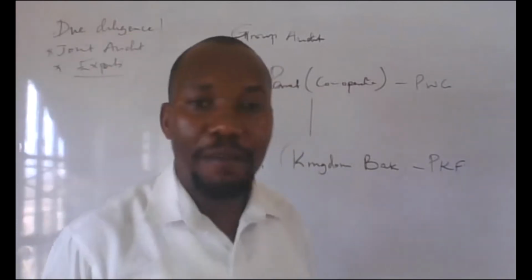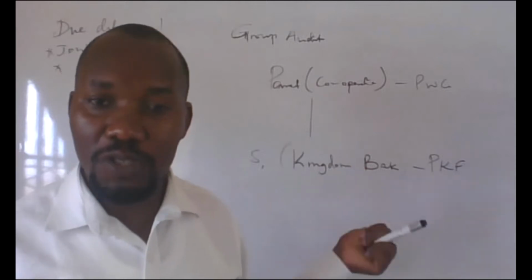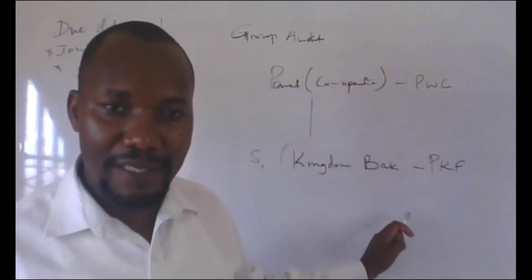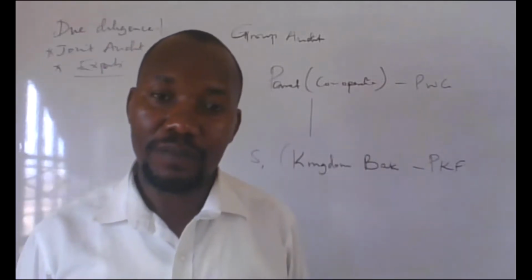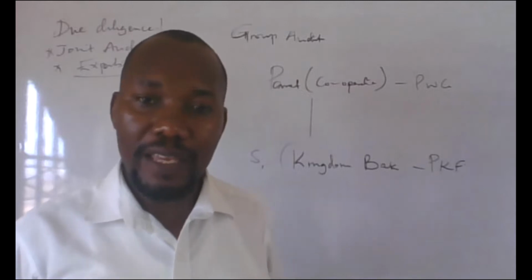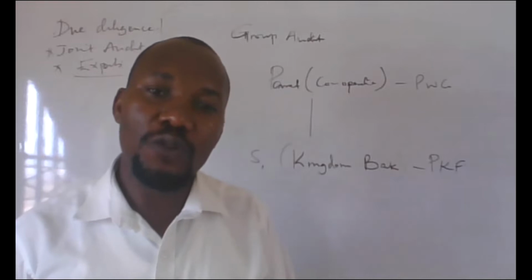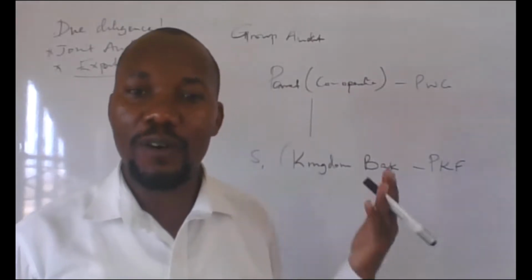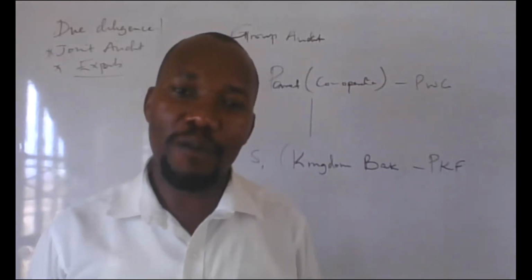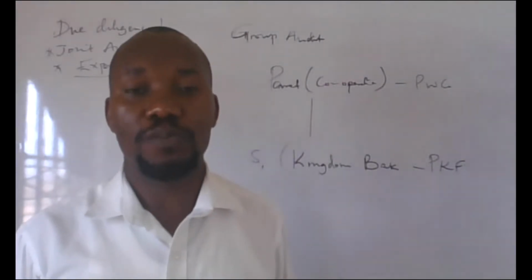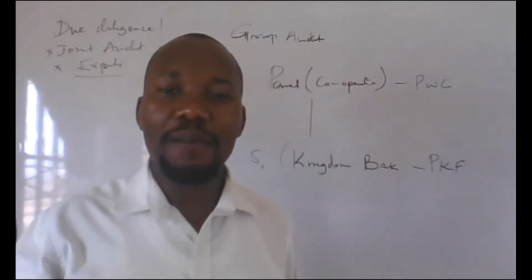Another group, they might ask you, because of such kind of risk that the auditor is exposed to, the group auditor is exposed to some risk, what should the group auditor do? In that particular case, they are basically asking you, what should he do before accepting this kind of work, or when accepting, for him to be comfortable signing the report? What should he do? You can write those factors that I've given you, and then you add something like maybe